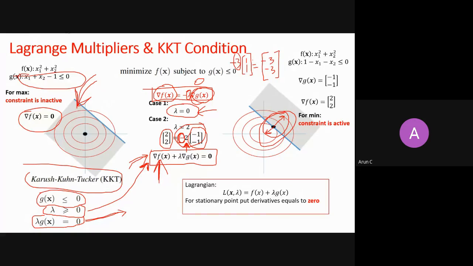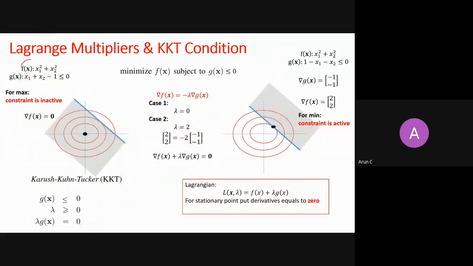So now let's see the last thing. What we say now is, if you have some optimization problem like this, where you want to minimize f(x) subject to some constraint g(x), then you can actually form an unconstrained problem by merging your constraint with your objective function. You just multiply your constraint with some multiplier lambda and then add it to your objective function, and this total function is known as the Lagrangian, right?